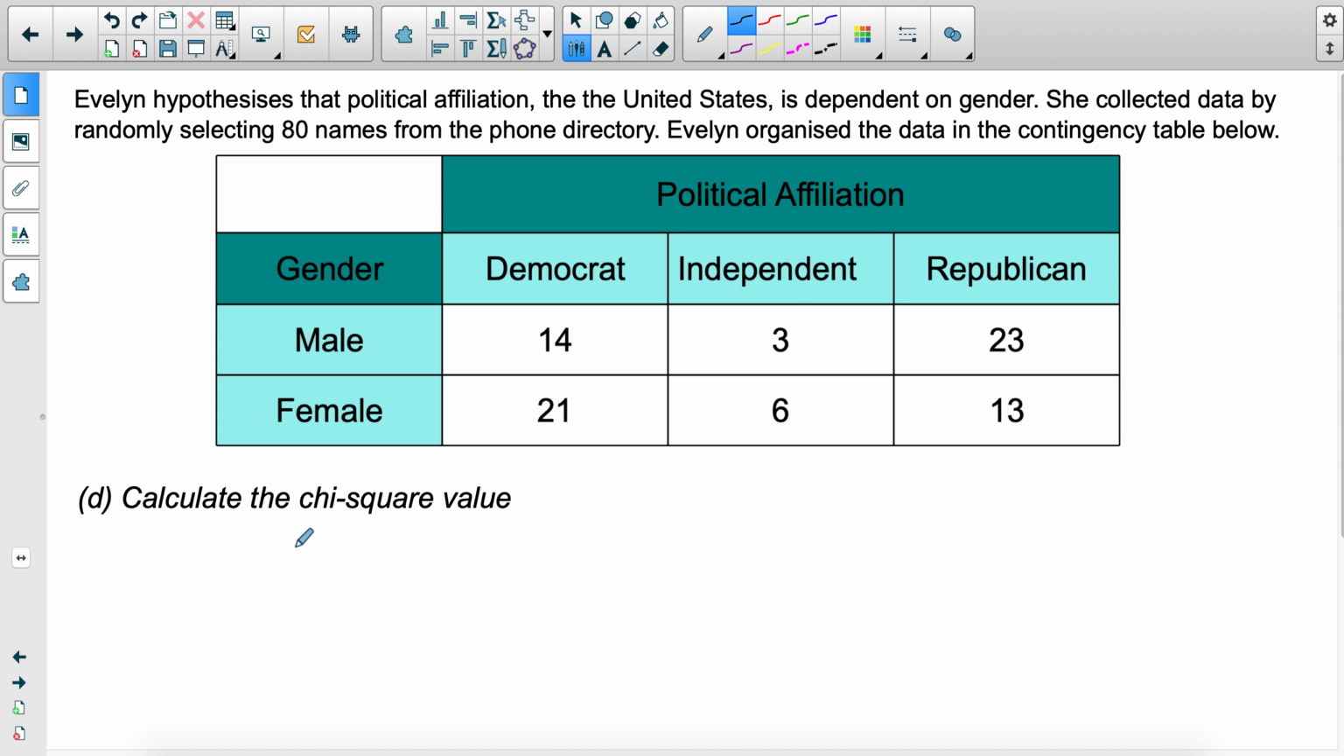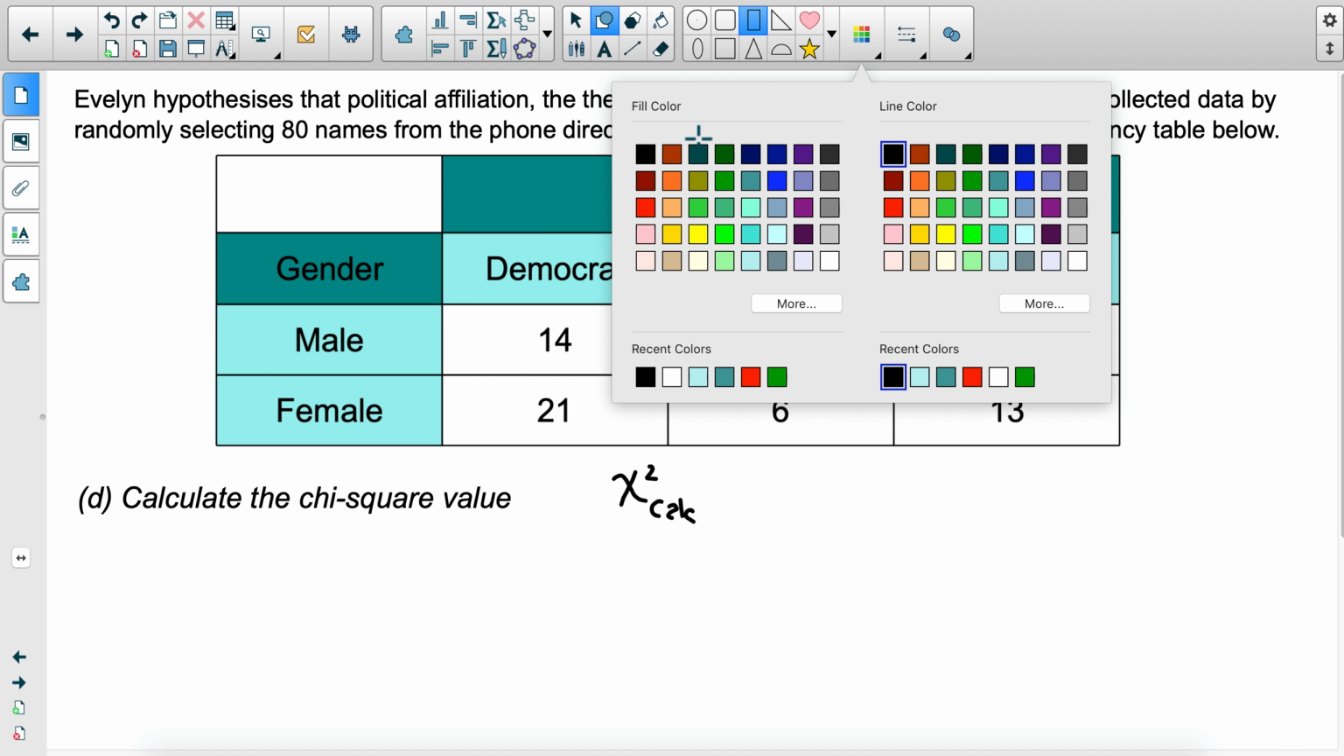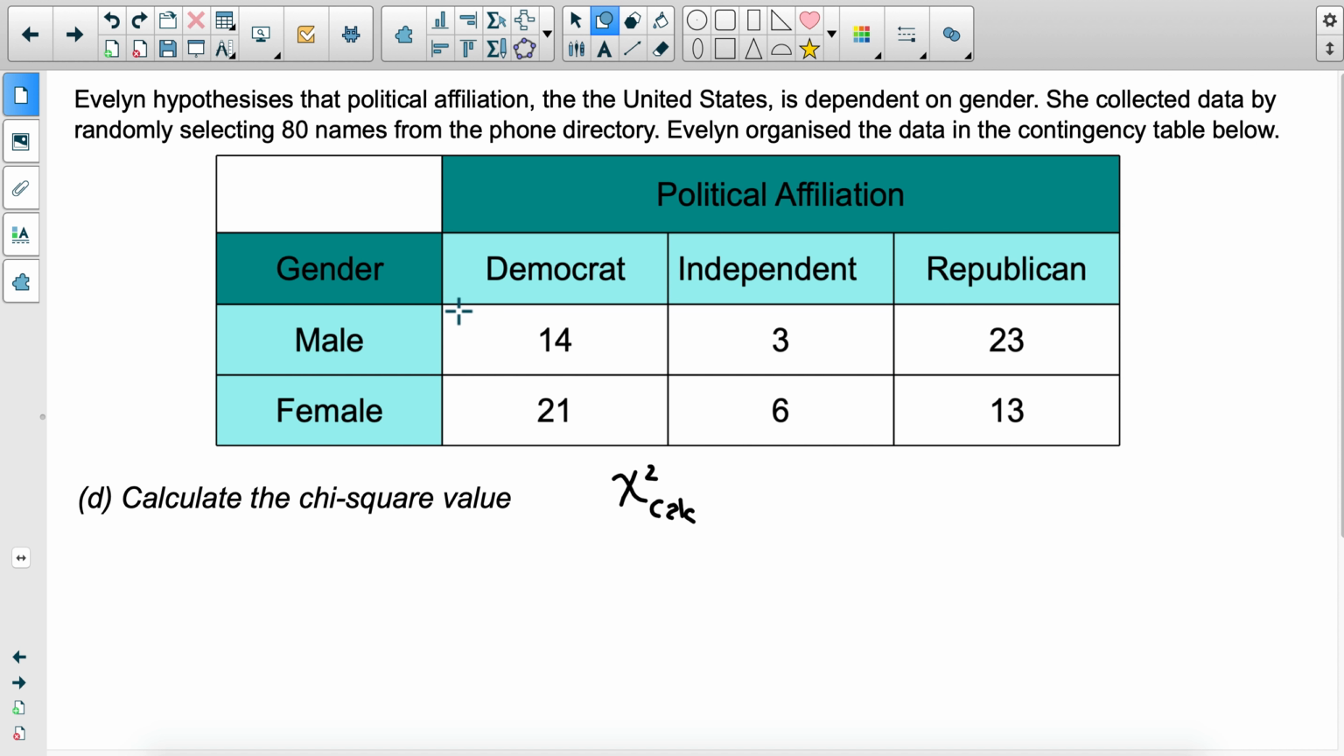The next questions usually ask you to find the chi-square value. I didn't write it in symbols here, but usually they won't write chi-square. They'll actually write chi-square calc. So you need to calculate the chi-square value. For the chi-square value, what you have to do is you need to input this data